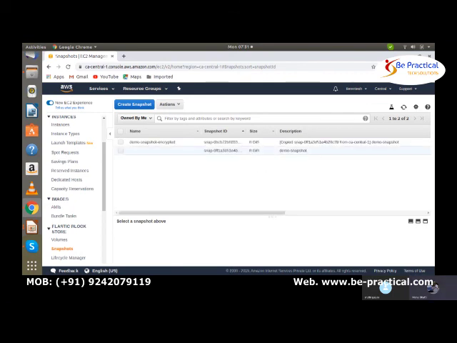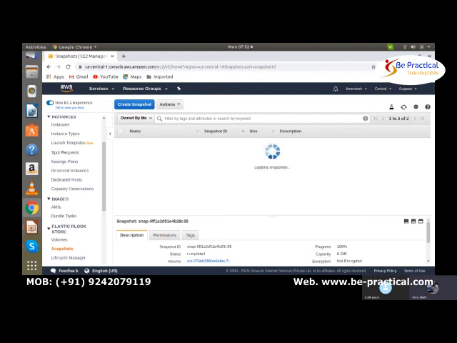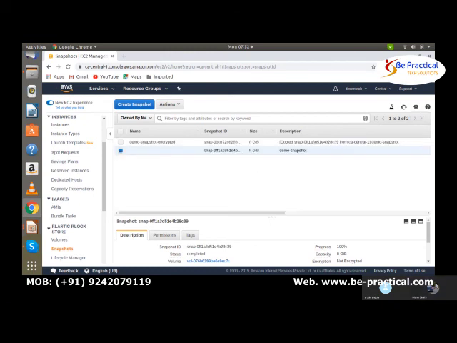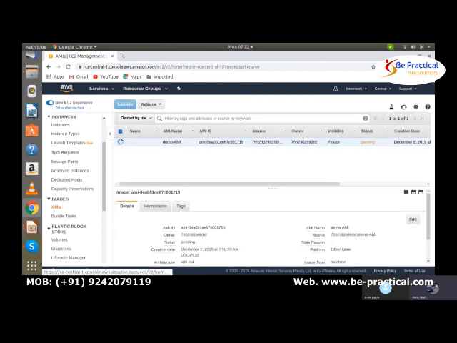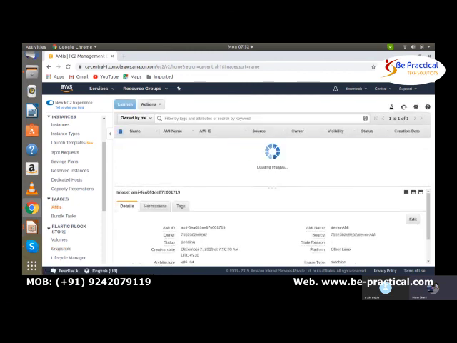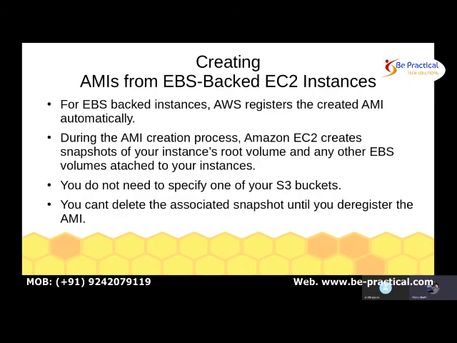I think this is the snapshot. No, it's not created because the AMI is still in pending state. We cannot see the snapshot here, so let it finish. After that we will see.